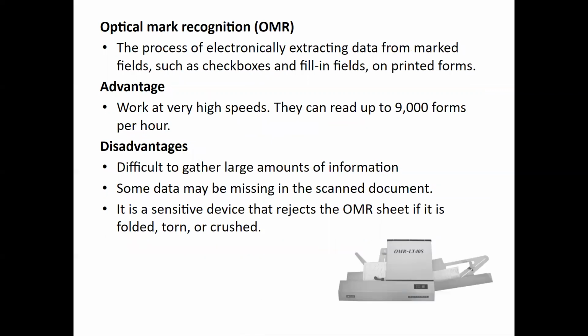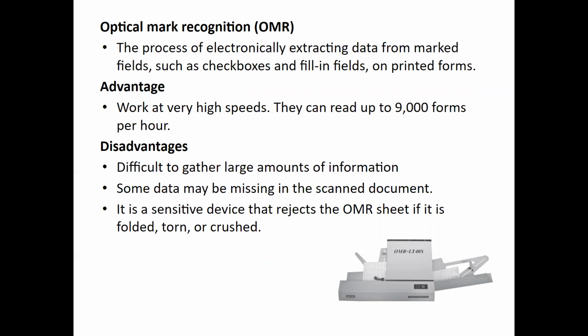Moving ahead, what is OMR? That is optical mark recognition. OMR is used to detect marks on a paper. The marks are recognized by their darkness. OMR uses an optical mark reader to read the marks. The OMR reader scans the forms, detects the mark that is positioned correctly on the paper and is darker than the surrounding paper, and passes this information to the computer for processing by application software.